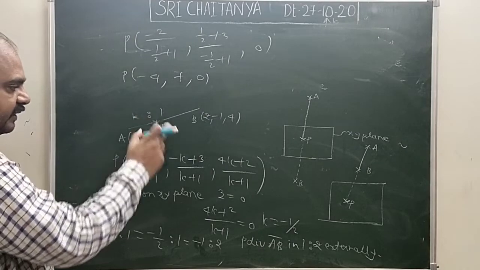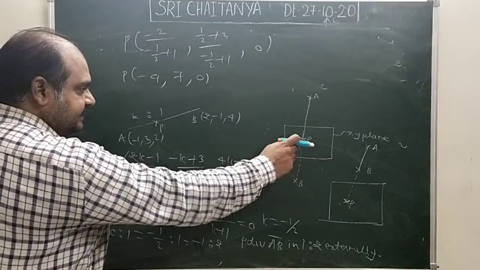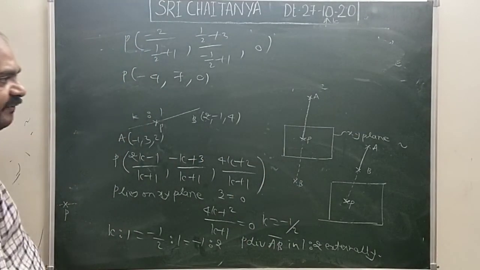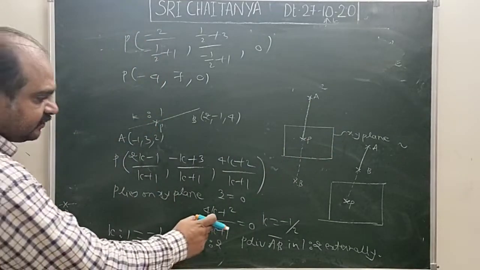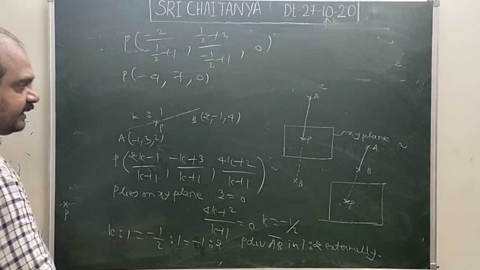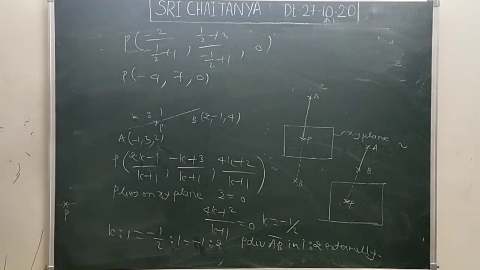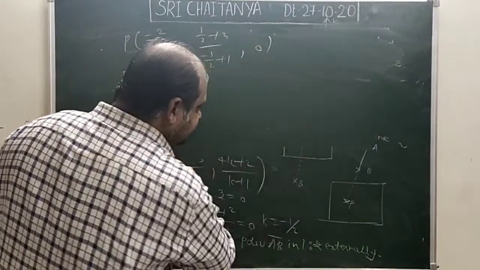Here K is the ratio. If it is intersecting the XY plane, that means it lies on the XY plane, so Z coordinate equals 0. If the YZ plane is given, X equals 0. If the ZX plane is given, Y equals 0. Then find the value of K. This ratio you will get. That point of intersection you can easily write. So in that you substitute the K value, then you will get the point of intersection, point P. Look, there is a formula for this. You can do it easily.